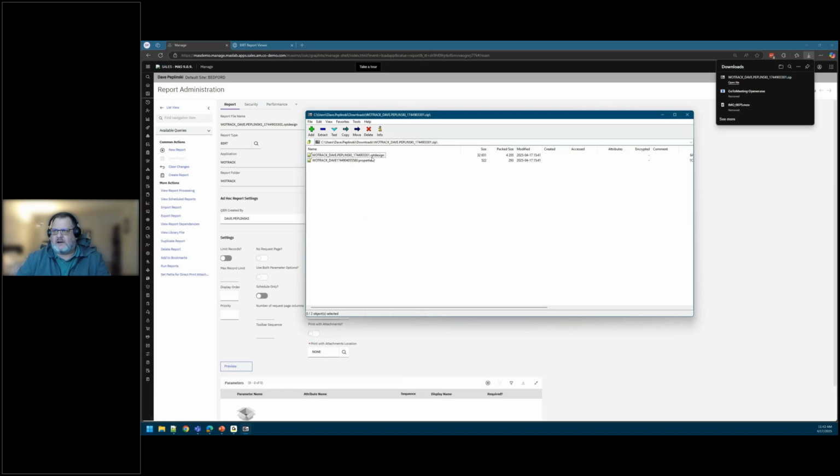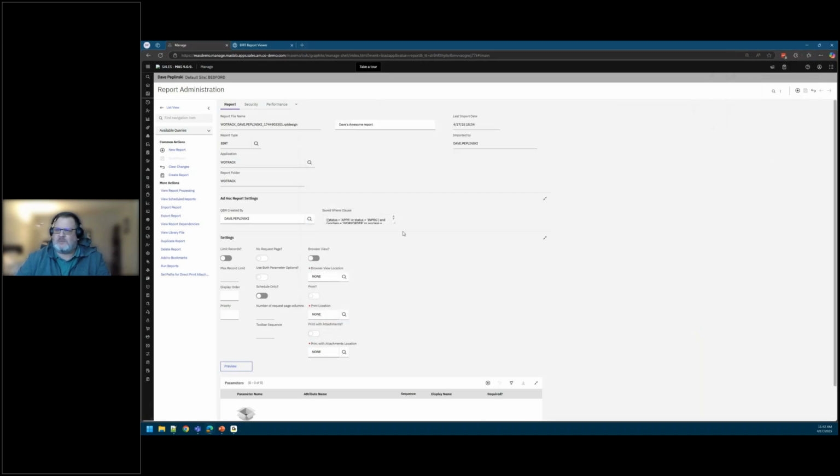This .rpt design is a BIRT report that can be imported into the report designer, the BIRT report design tool, and work with it there. Now, we're not going to do that because that's way beyond the scope of what we're talking about here, but that's an example. Now, the other things we can do within report administration, I talked about security,